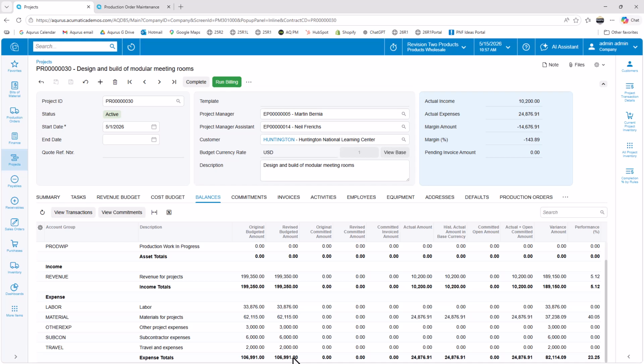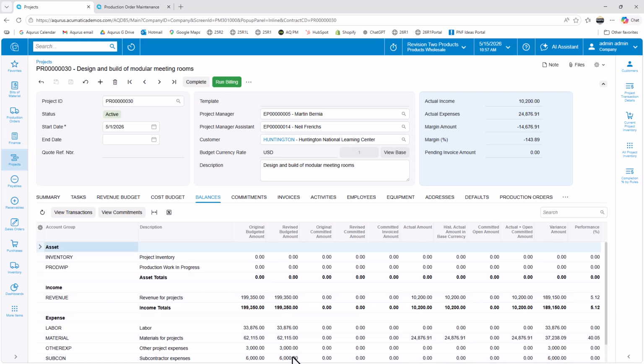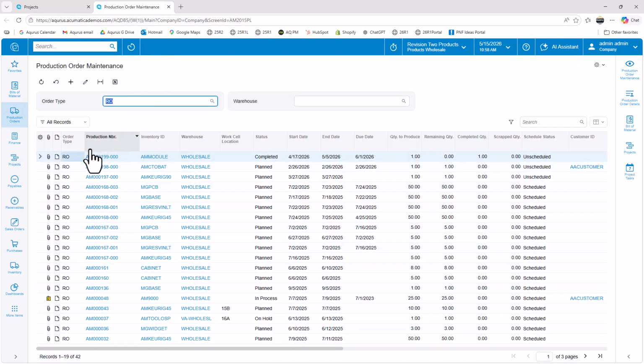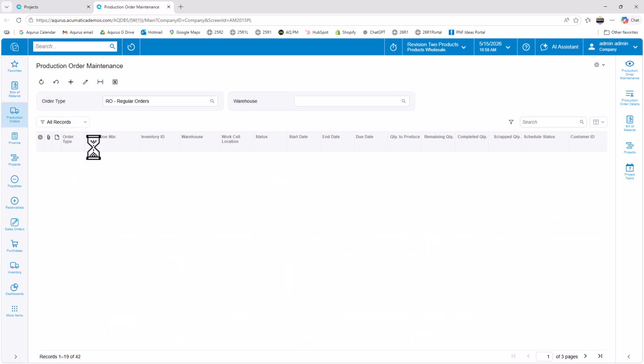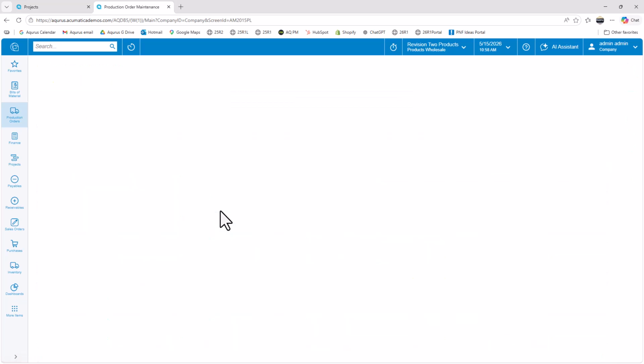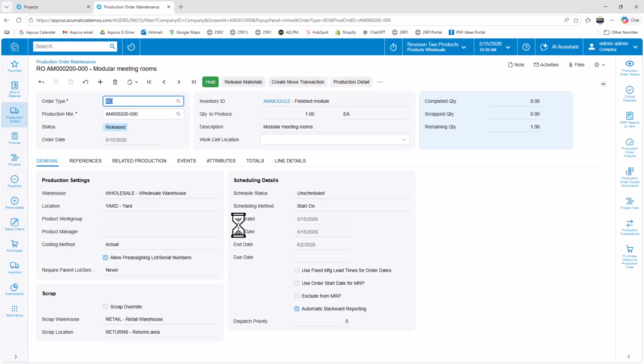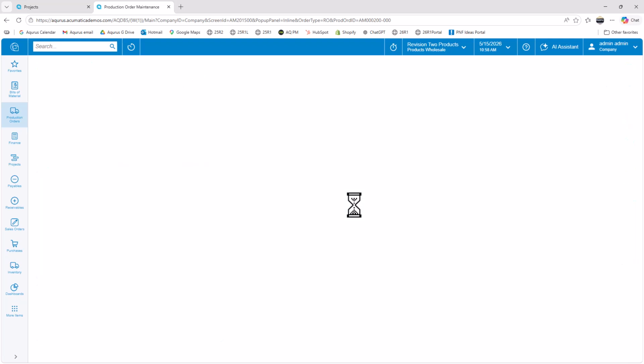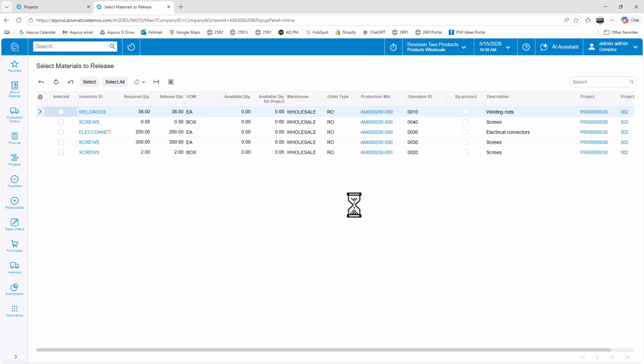As I go through and start manufacturing, I can do a couple of different things now. So when I start producing something, I can go back to my production order and I can just say, I would like to open up production order 200. It's been released, and I want to start doing my work on it. So with my work being done, first thing I would want to do is go in and say release materials. So I click on my release materials. Acumatica opens up my materials to release, and I could go through and